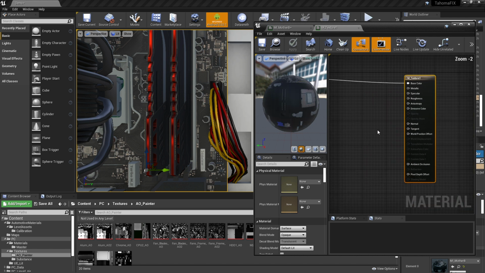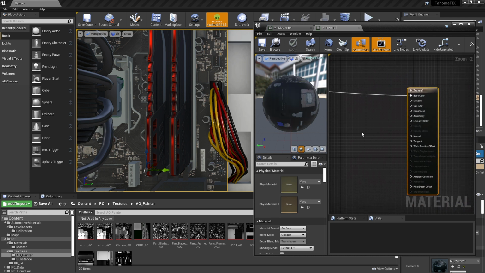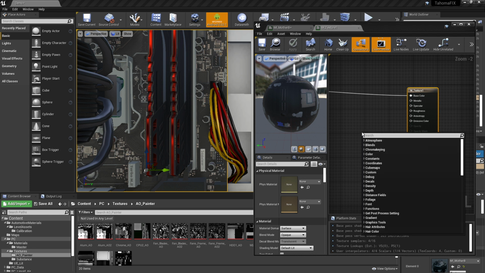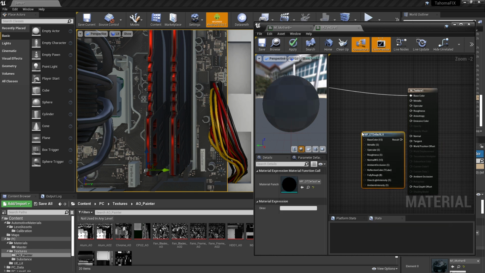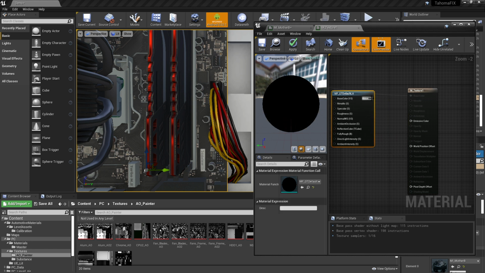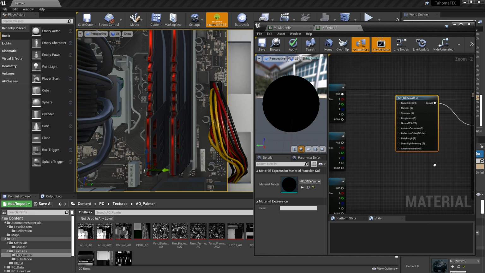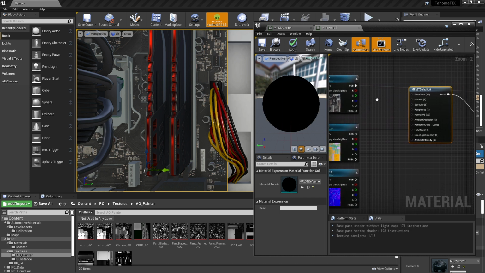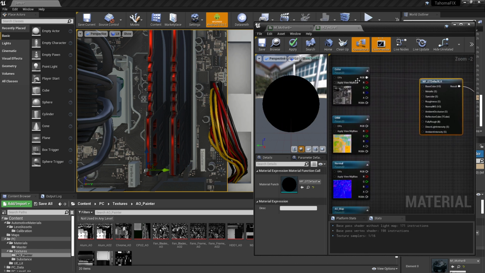So what we're going to do is switch this over to, again, using that GT Tools. So if we hit Tab and search for GT default lit and change this model over to be unlit, pretty straightforward there. We'll throw that into the emissive color. What we're going to do is pipe in a few of these maps here. So we've got our color map, pretty straightforward. That's going to go into base color.